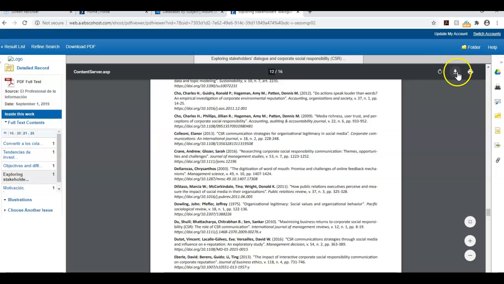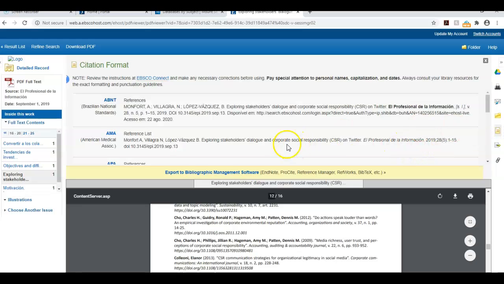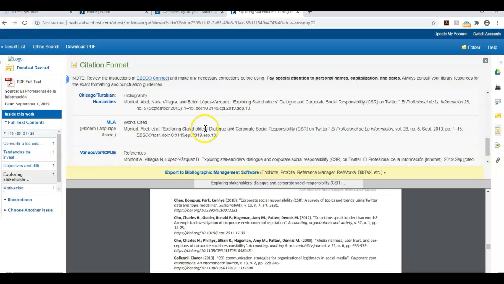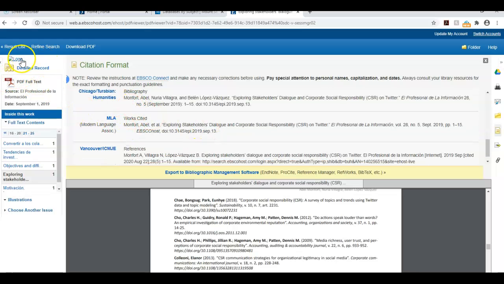At this point, you can download the article or print the article, and there is a cite feature within the database, so you just have to pick out the proper citation style, and then you can copy this, cut and paste it right into your paper. So you have the citation right there for you, and they have several citation styles, as you can see. So we'll go back to the result list,